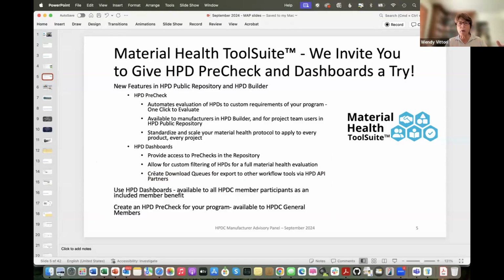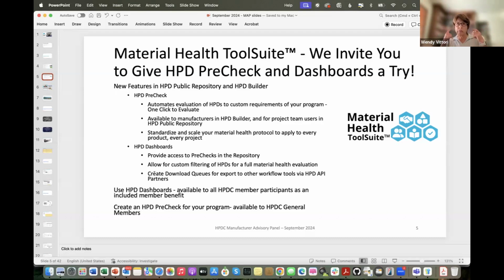These are API partners that we send the HPD information to. What this new feature is going to enable is for a project team to down select a set of HPDs that have the material health criteria that they want and send those to the product library or workflow tool that they use to do other aspects of product selection.